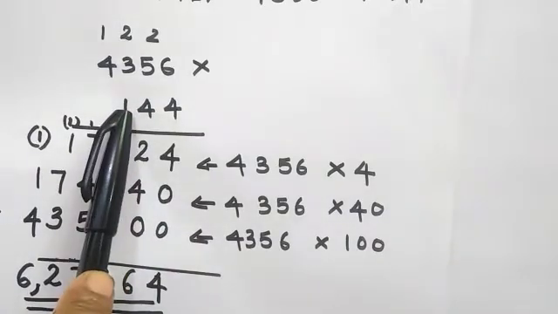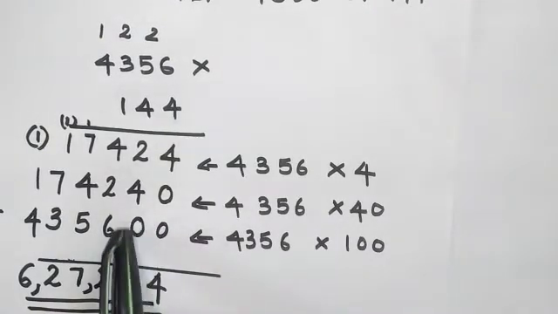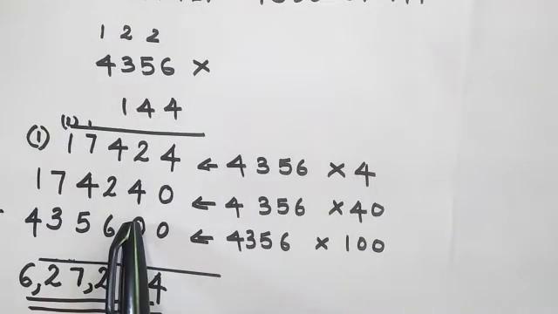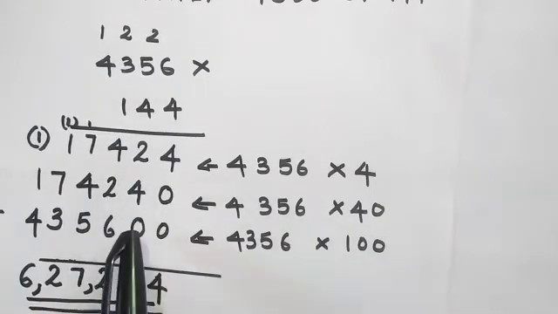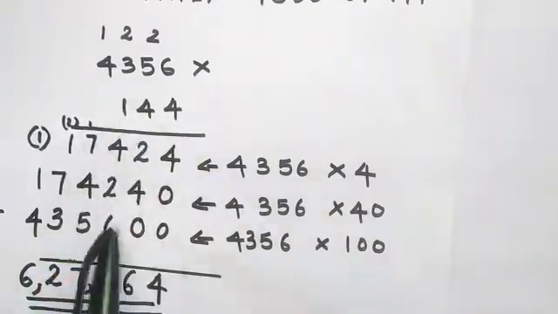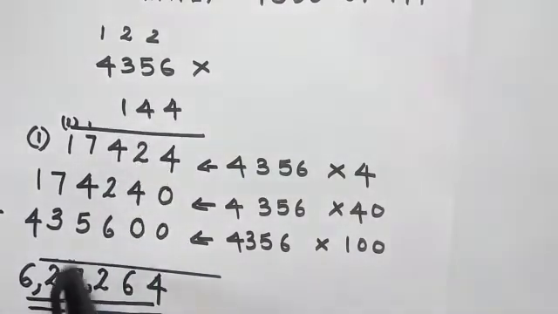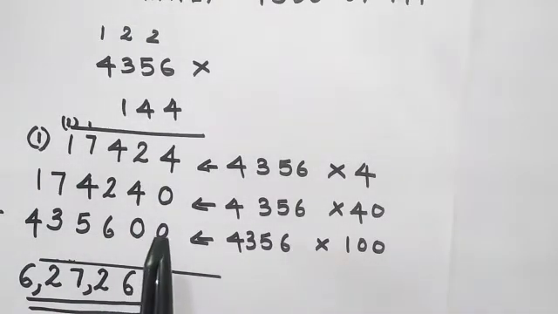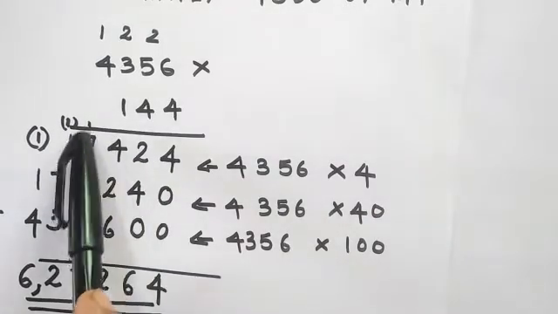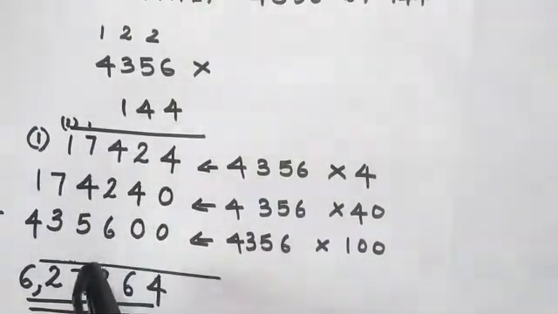Then again, for the hundreds place digit, before starting multiplication we will put 2 zeros here because 100 contains 2 zeros. So put 2 zeros and then start to multiply with the digit. Okay. At last we will add these 3 numbers to get the product of these 2 given numbers. Okay. You understood the method? Children, do carefully because someone is adding here instead of multiplying, and the result will be wrong.